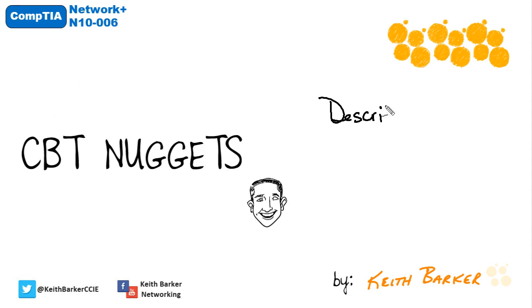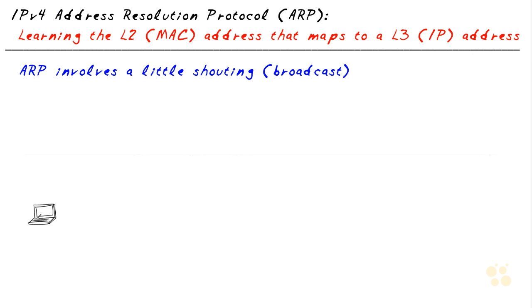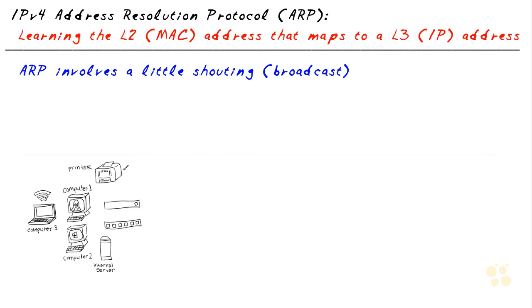In this nugget, you and I are going to discuss and verify the address resolution protocol that's used by IP version 4. Let's begin. One of the challenges a device on an IP version 4 network faces is that as it does the encapsulation process, maybe we have an HTTP request that's going down the protocol stack, it gets encapsulated